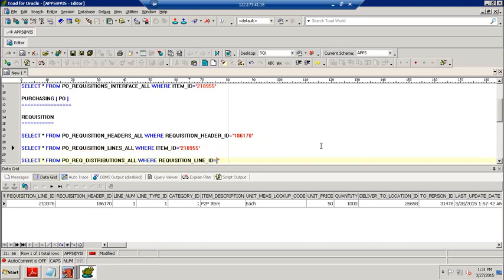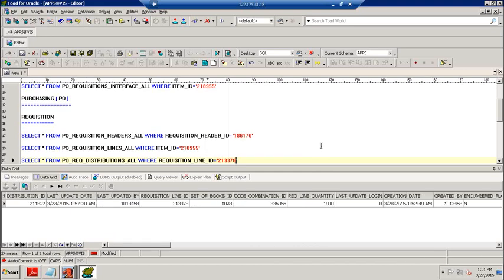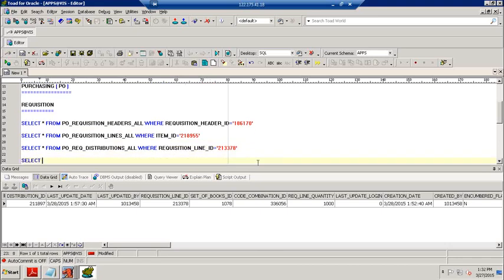So what is the requisition line ID here? 213378. Now it clearly shows. What is the quantity and what is the code combination? Based on this code combination ID, we can find the accounting information from GL code combinations.